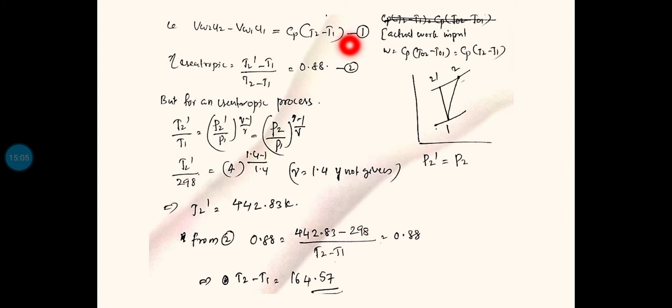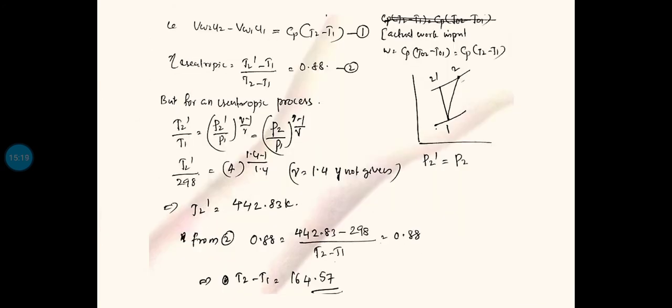Once we know the value of T2, we can calculate. We got the Vw1 value, and we have to identify the Vw2 value, then only we can do something. So my aim is to identify Vw2. For that I am equating using this equation. In this, U1, Vw1, U2 are known, Vw2 is unknown, but here T2 is also unknown. For that I am using the isentropic relation.